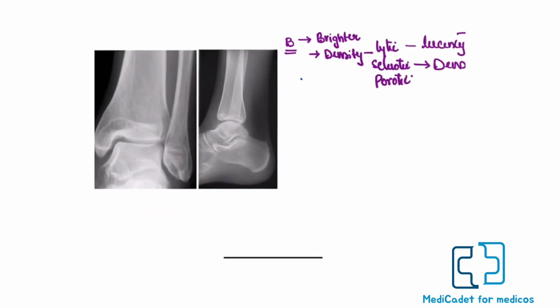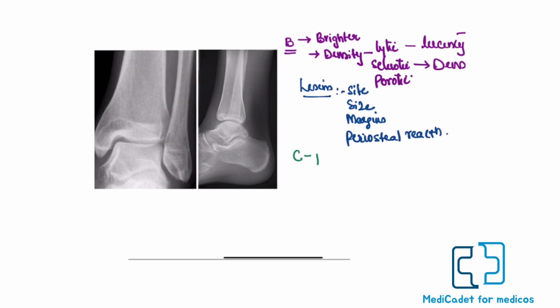If you see any lesion in the bone, you can comment on its size, the margins, and the periosteal reactions. So all this you can comment on for the bone, and all this you can see on the X-ray. Now coming to cartilage. In the case of cartilage or joints, the first thing you have to see is the